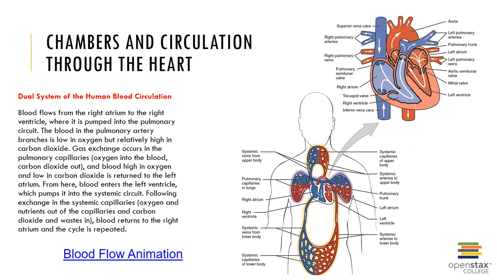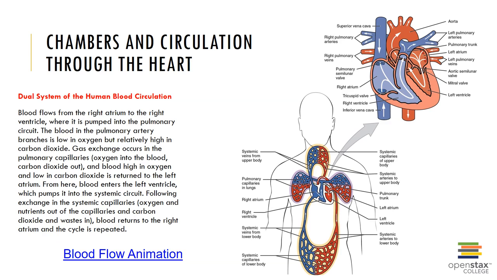Here you can see the chambers of the heart and circulation through the heart. Blood flows from the right atrium to the right ventricle via the right atrioventricular valve or tricuspid valve, and from the right ventricle enters the pulmonary artery on its way to the pulmonary circuit to become reoxygenated, and comes back